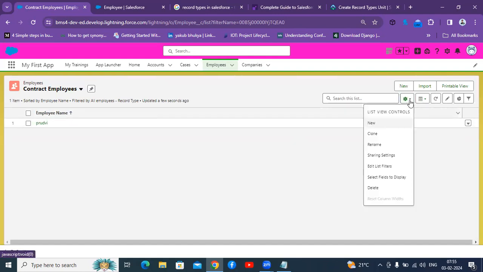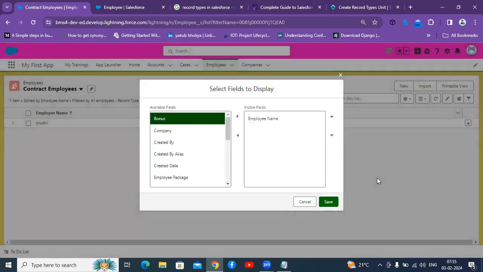So now you can see list views, like the different display views we saw. Again, I'm coming to this gear icon and I want to display more and more fields. To add more fields, you'll have this option, Select fields to display. I'm clicking on this one. By default, only the employee name field is available, right? So now what I have to do is display company name,